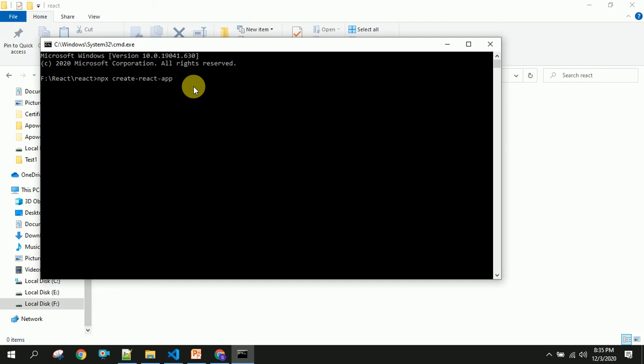This is the same for all React applications, but if I want to use TypeScript, then I have to use some other syntax here: React test1 --template typescript.